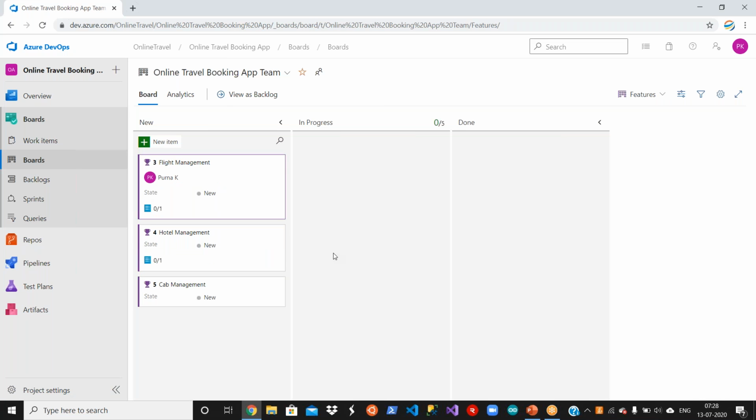Now, everything is in the new state, right? If somebody has to start work on it, we have to start from the top. That is a good practice. Okay. For the feature, I want to mark this task as in progress, meaning the development